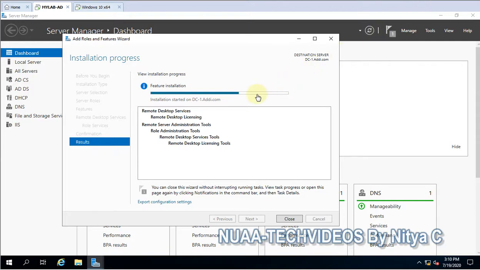And we have some roles also available. Once we install that role on the local server, it will allow multiple remote connections, but only for 120 days as a grace period.